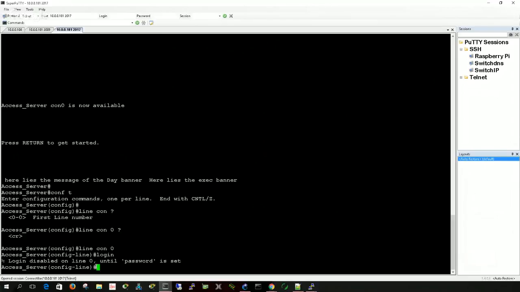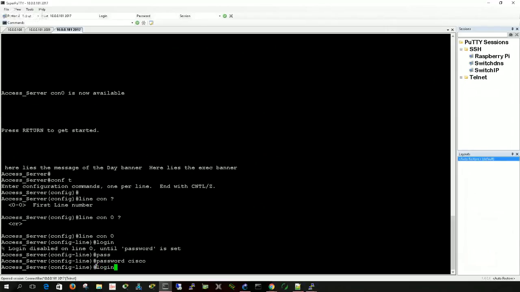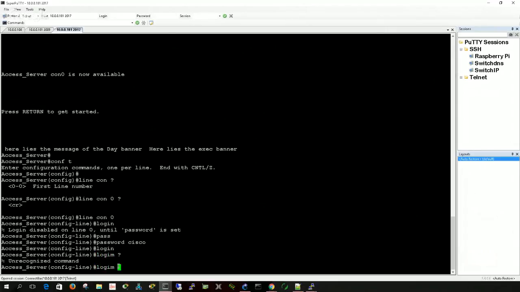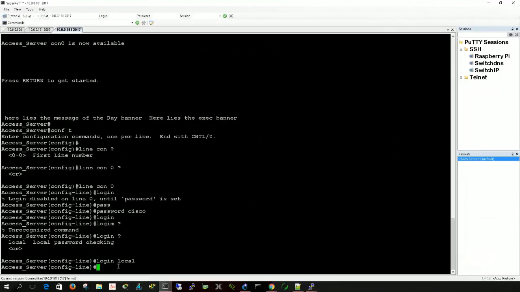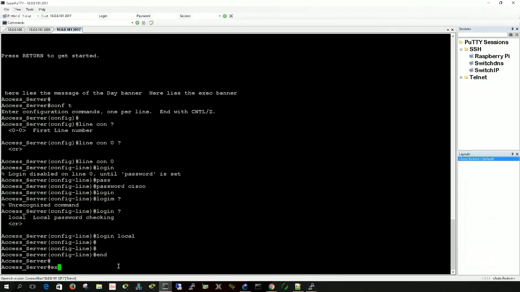Oh, sorry, I need to set the password first. Password Cisco, login. So it's going to log in as Cisco. Password is Cisco. Or I can actually make the login local. I think. Oh, I'm saying login local. Yeah, I can make it local, so I don't have to remember everything. Test1. All right, cool. So I'm going to end this and then exit,